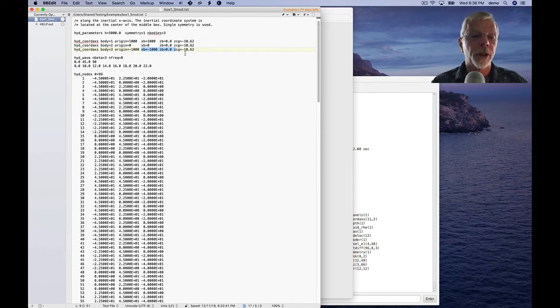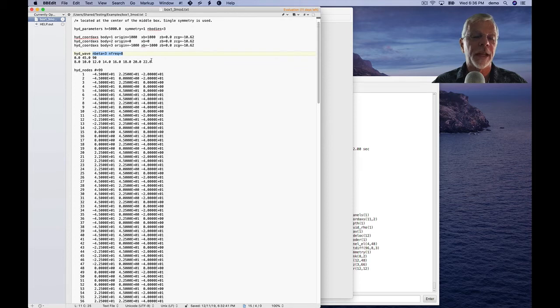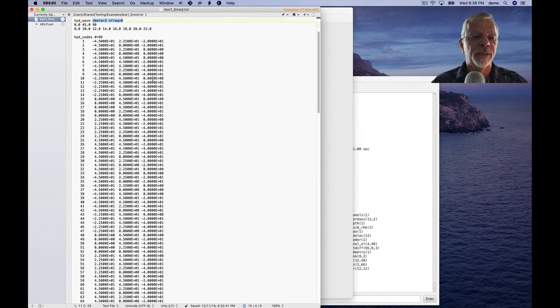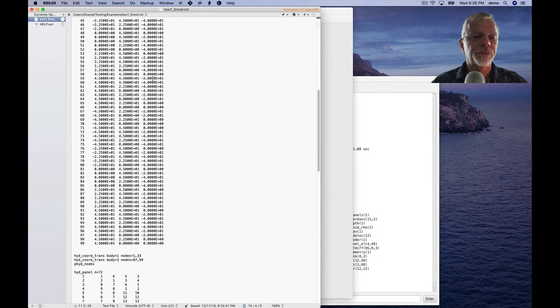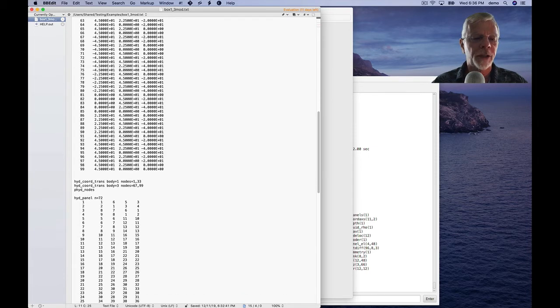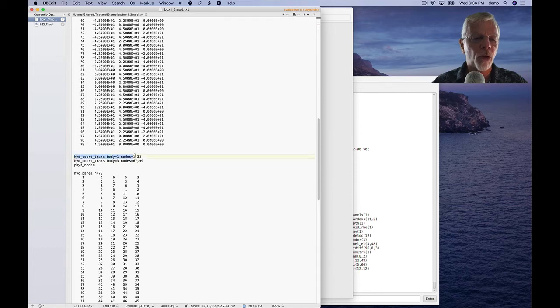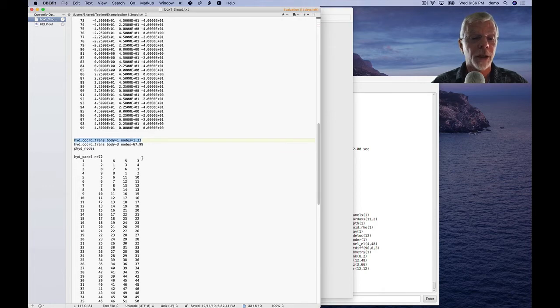So we need to do a transformation. We're again looking at three wave angles and 8 frequencies. Here are the nodes. They're all given as if each body were at the origin of the inertial coordinate system. But then that means we need to transform the coordinates for body 1 and body 3 so that body 1